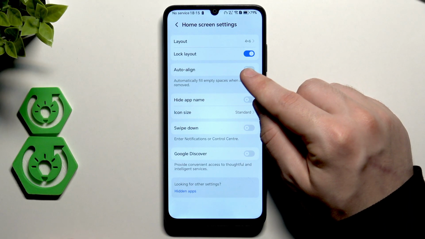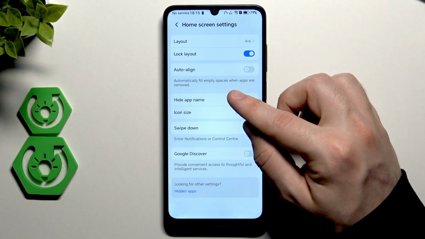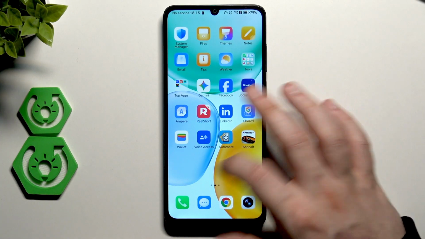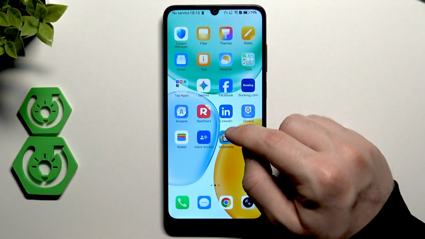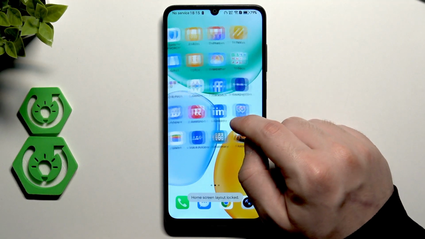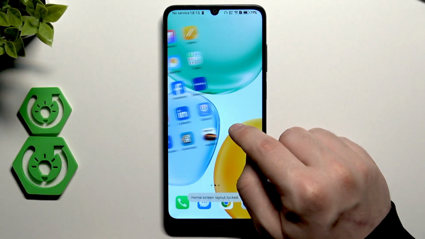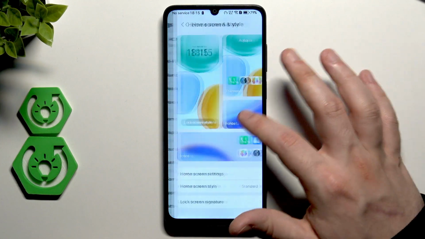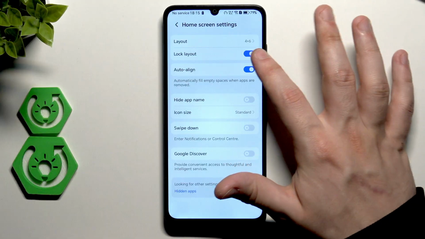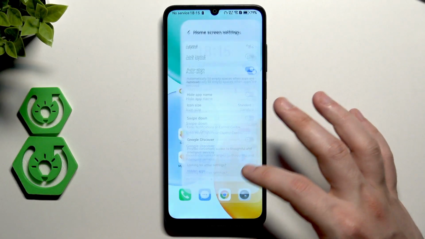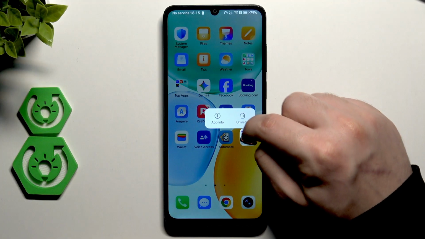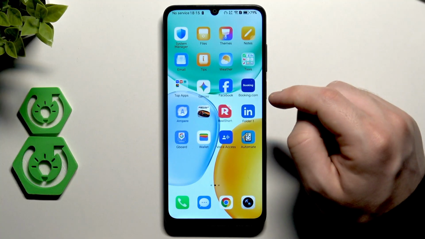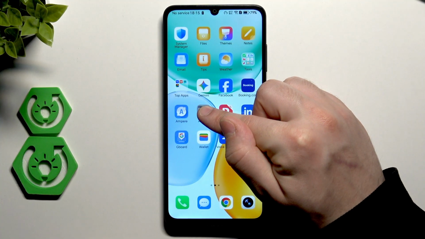Okay, we also have the auto align feature. Automatically fill empty spaces when apps are removed. Also pretty cool thing. So for example, I'll place the Asphalt game somewhere in the middle, but first I need to unlock the layout because I have forgotten. Now I will place it, for example, right in here. Okay, and now when I will uninstall the game,